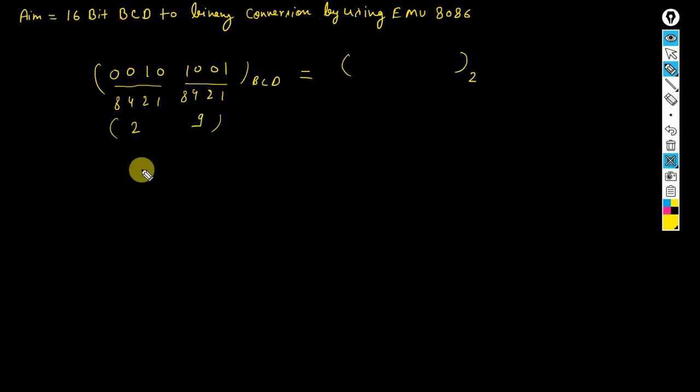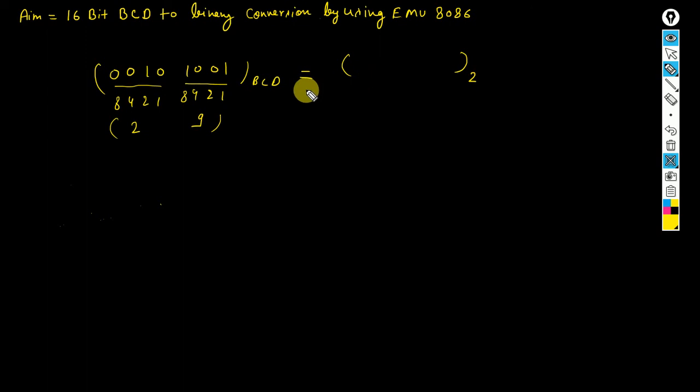The full form of BCD is binary coded decimal. So in this case this is the decimal equivalent.